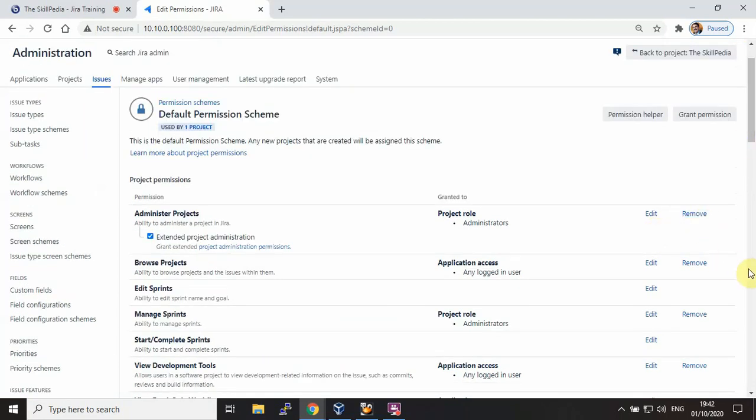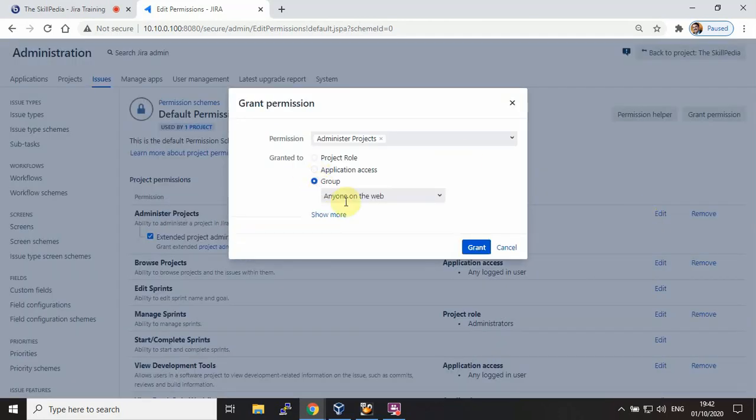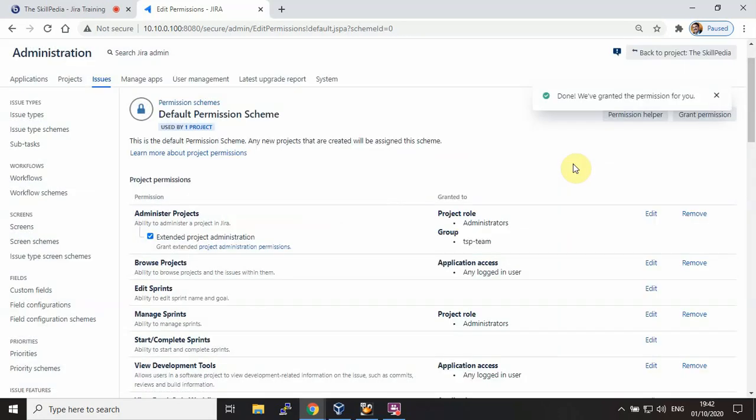Remove or edit. So for example, this is project role administrator. You want to edit it, you want to assign another role to this, let's say group, and you select anyone on the web or TSP group, and grant this. So therefore now this administer project is granted to project role administrators and granted to group TSP team.